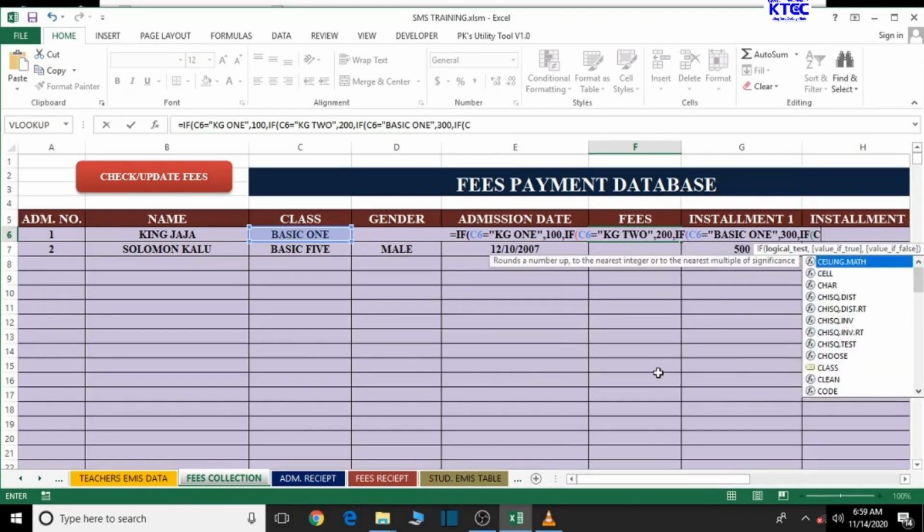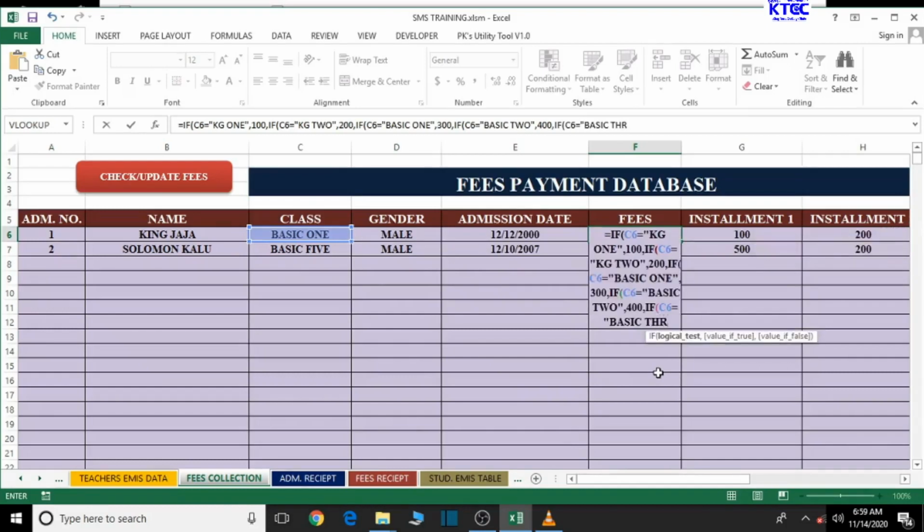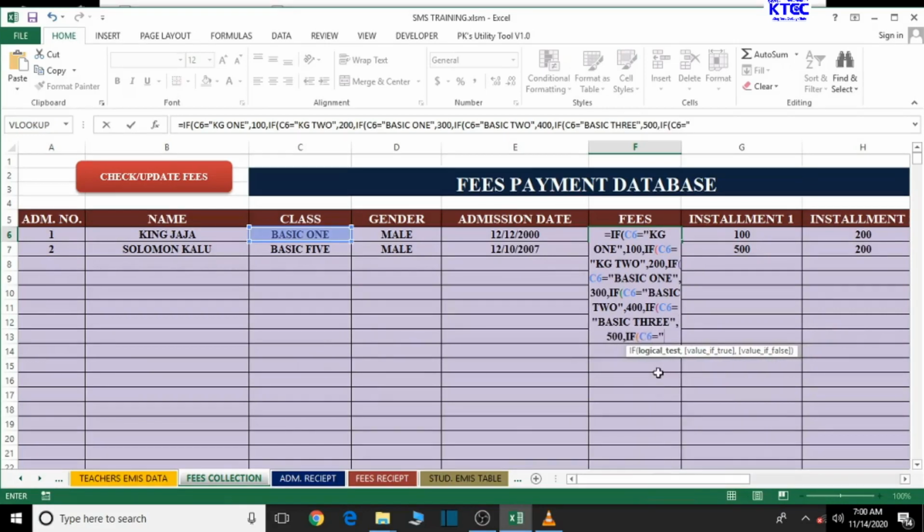IF into brackets cell C6 is equal to, then inverted commas basic 2, then we close the commas, then comma, and the fee is going to be 400 cedis, then comma again, and we go to another IF into brackets cell C6 is equal to, inverted commas again, basic 3, then we close the inverted commas, then comma, then the fee is going to be 500, another comma again, and bring IF cell C6 is equal to, inverted commas